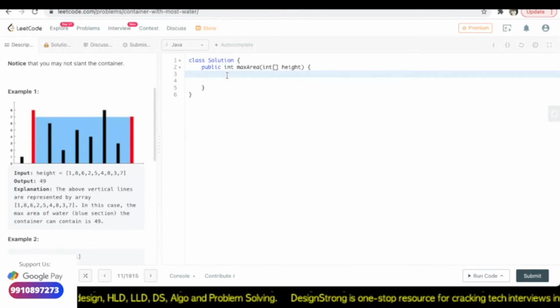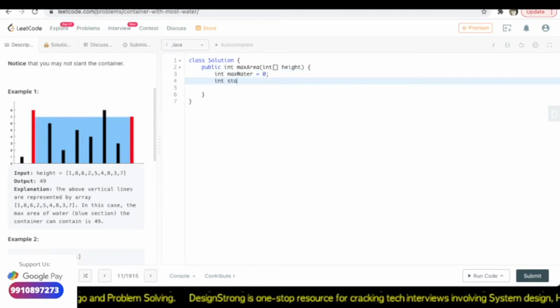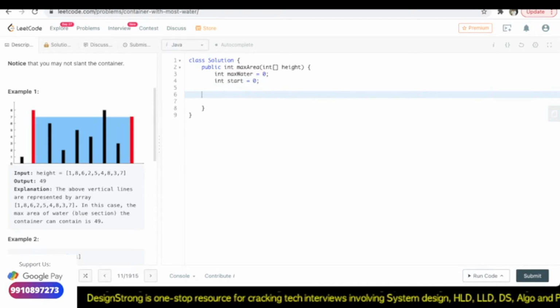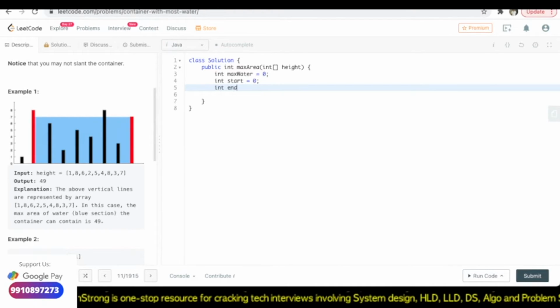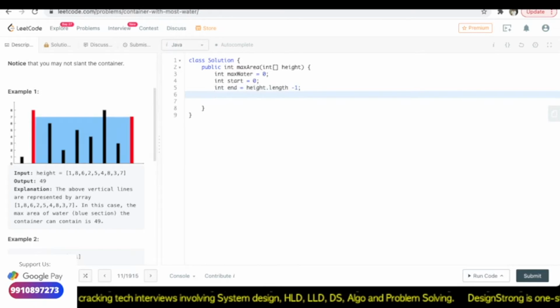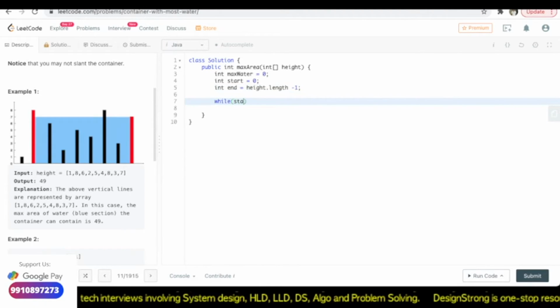So what I will do is I'll have a variable called max water which I'll initialize to 0. This is where I'll store all the values. Then next I'll have another variable called start which I'm going to use for iteration, and then I will have another variable called end which will be height.length, which is the last element's index, and then I'm going to iterate till the time start is less than end.